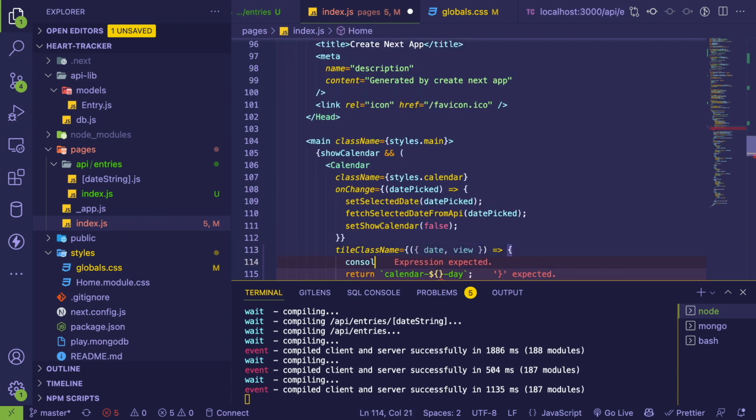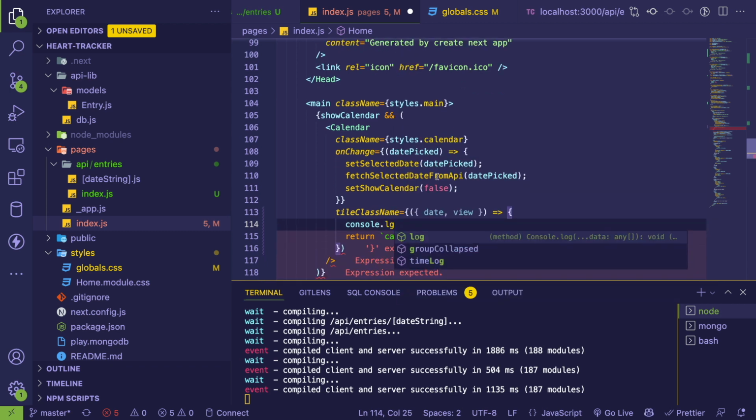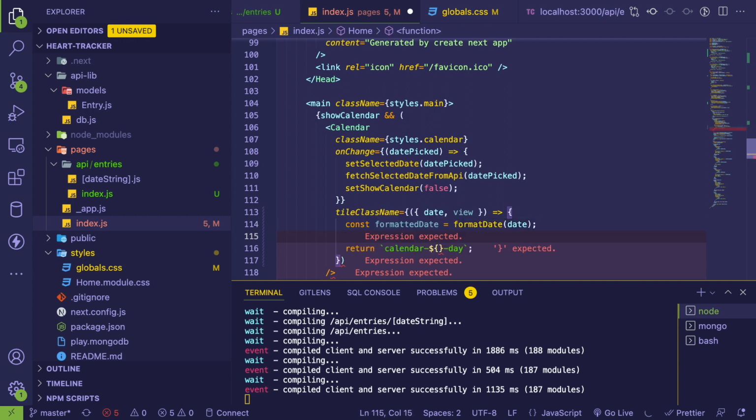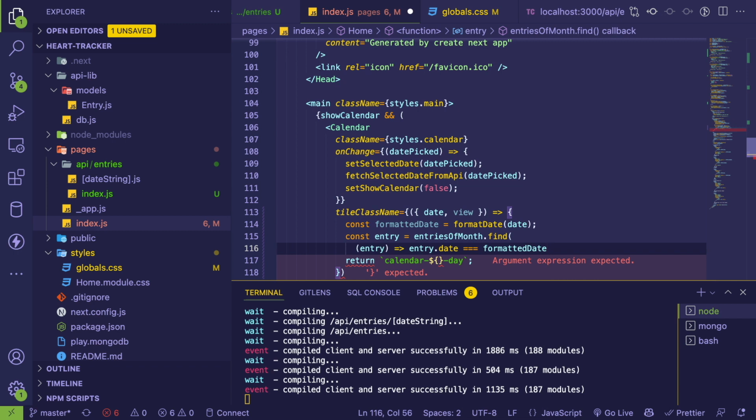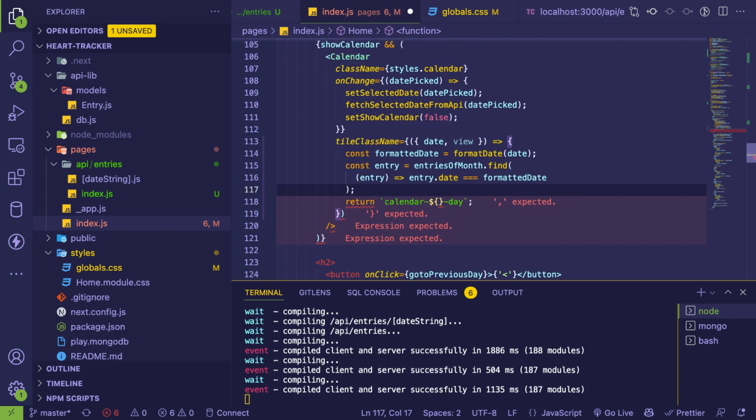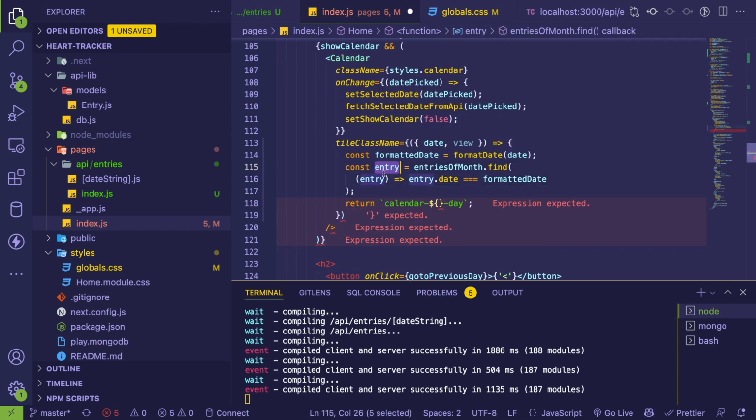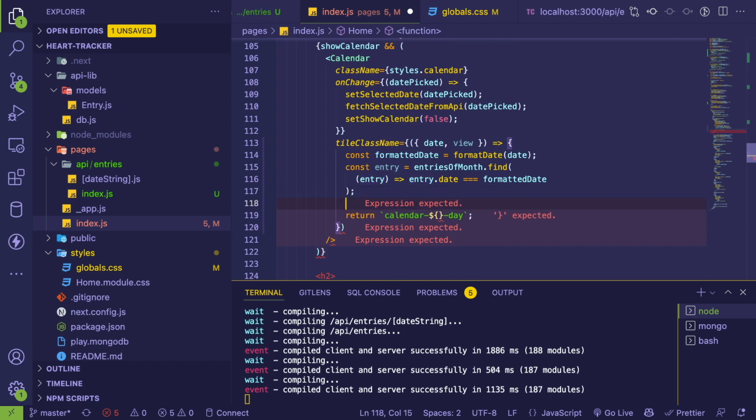And one thing I'm gonna do is print out what date is. I think date will just be the date string. So I think I could just do like const formatted date. And then I want to find the entry based on that date. And then we could probably do like a let